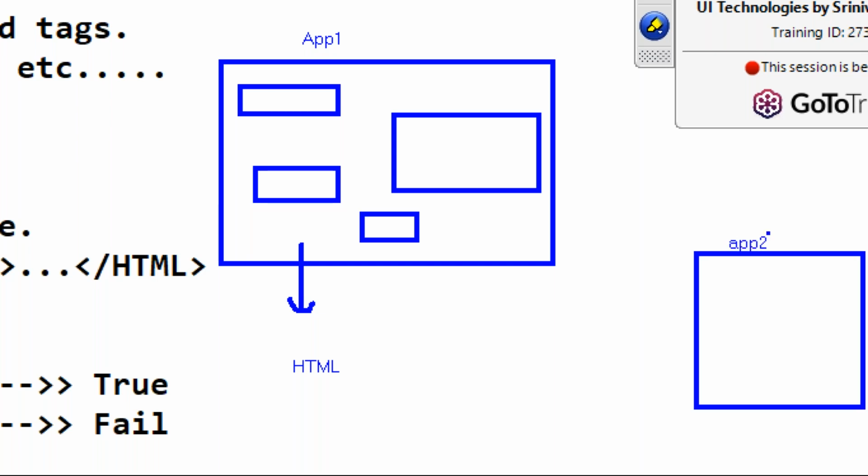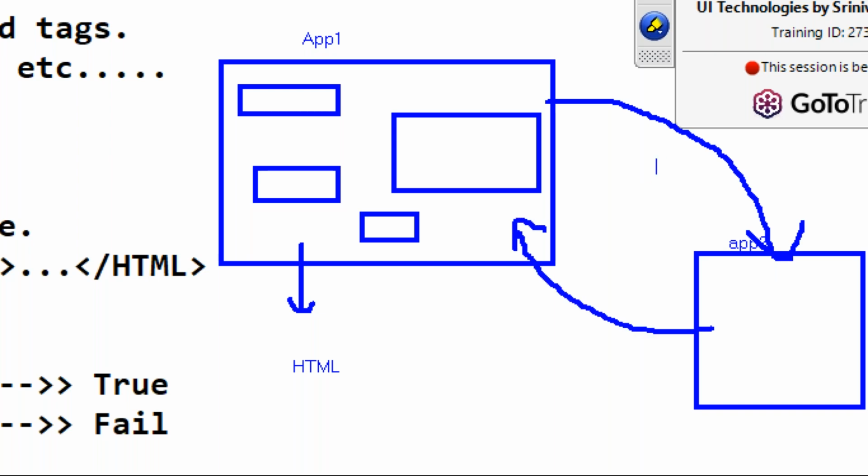So using XML, we can share, transfer, or exchange the data from one application to another application. Like this, you are sending the data and you are getting the response. This is what we do by using XML.